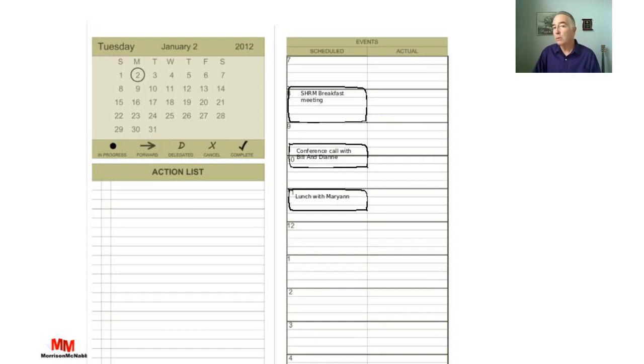And draw little boxes, but only draw them halfway across the column. I just did a little mock-up here. It'll be on the right-hand side of the left-hand page, although that sounds confusing. It'll sink in, because I'm going to show you this drawing a lot more times in this program. But just draw the box halfway and write in what the appointment is, and do this for, let me go to my next slide here.